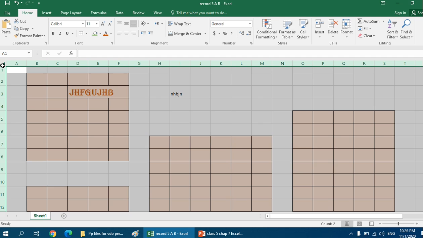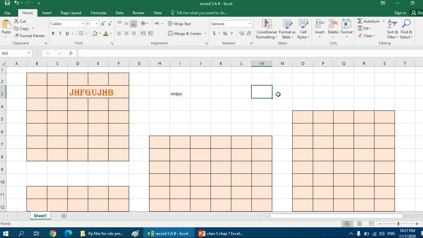So this is our main procedure for how we can select the whole sheet, and now we can perform any formatting we want on the whole sheet. Got it? So these were the things which needed to be explained, and these were the last topics of the chapter. In the whole chapter, for having the review,